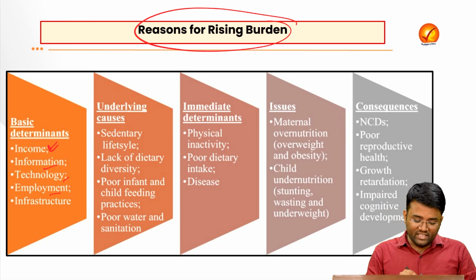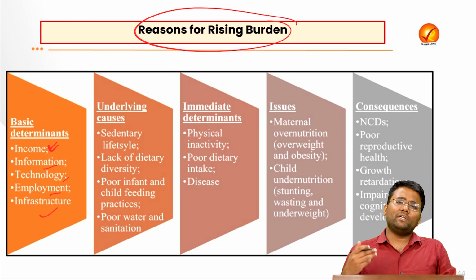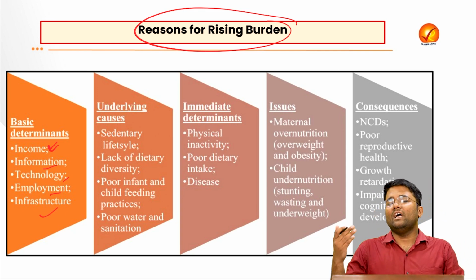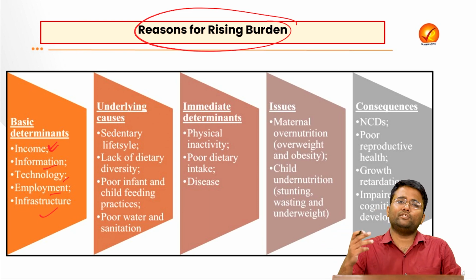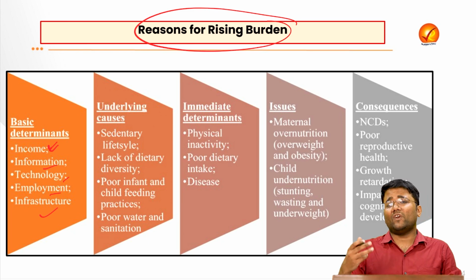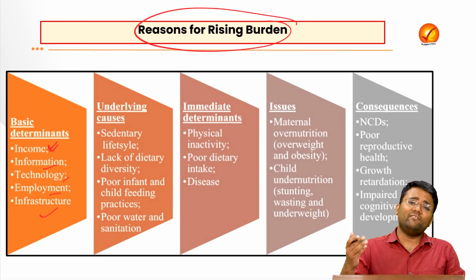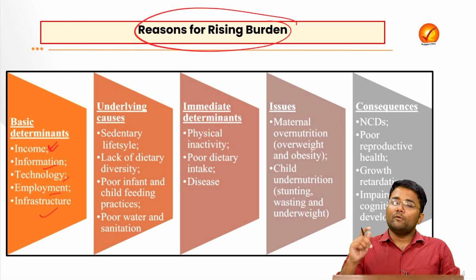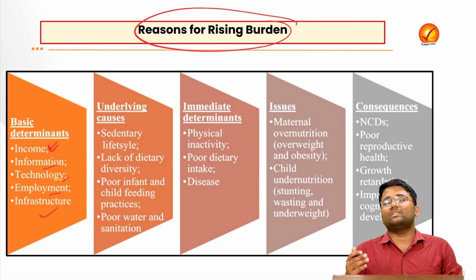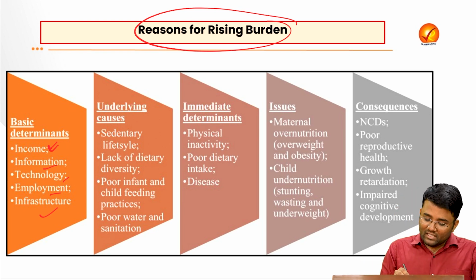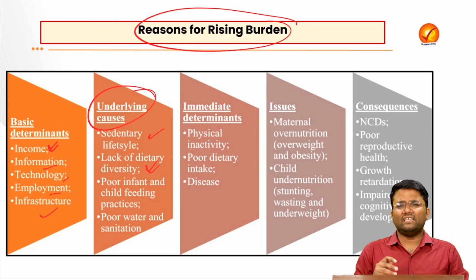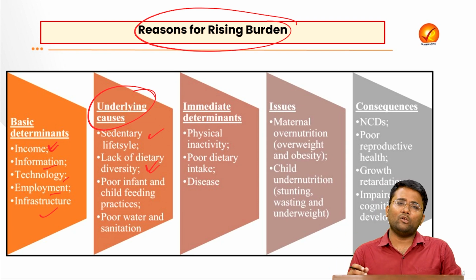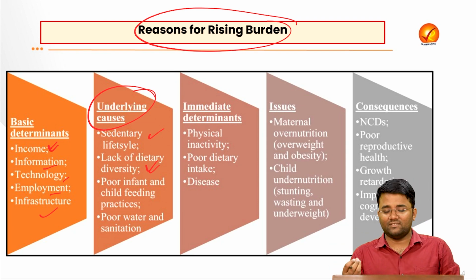And with infrastructure, with better connections, better roads and better technologies, ready-to-eat foods are reaching people properly. More than that, with more technological advancements related to food processing, more infrastructure building, and more private investment in the food processing industry, food grain production and the processing of foods are also happening at a better level. Also, the underlying causes like sedentary lifestyle and lack of dietary diversity, where they are just eating ready-to-eat foods and not eating fruits, vegetables, nuts, dry fruits, etc.